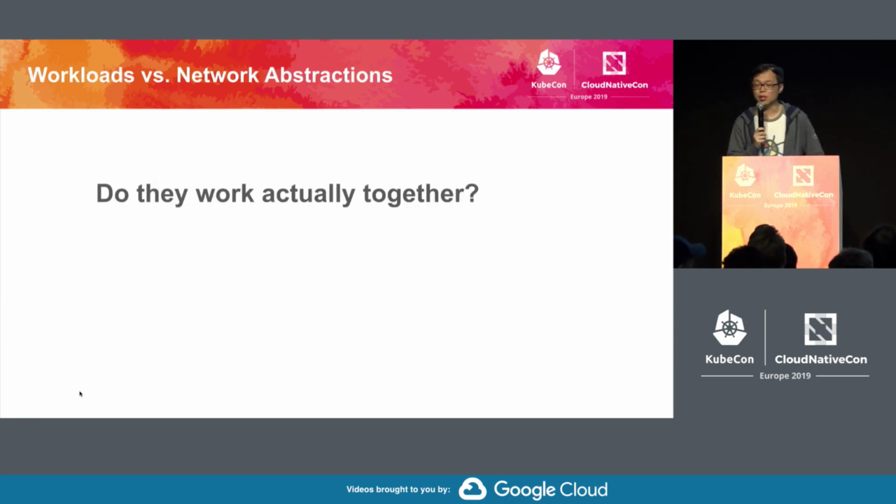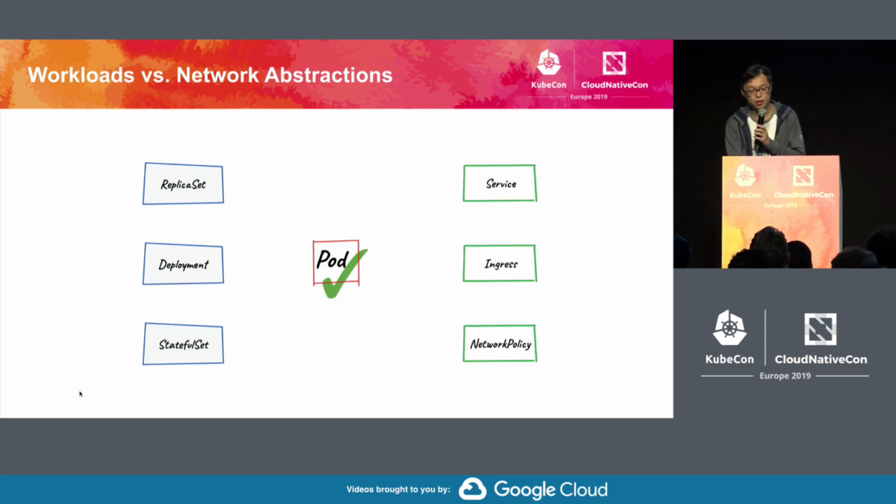So do these APIs actually work together? Intuitively, they should work together. If they don't, why do people adopt Kubernetes? Why do we have such a big KubeCon? So the answer is yes, but not without caveats. If we look closer,